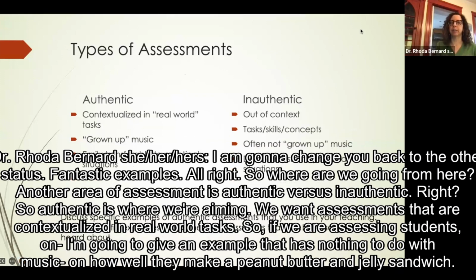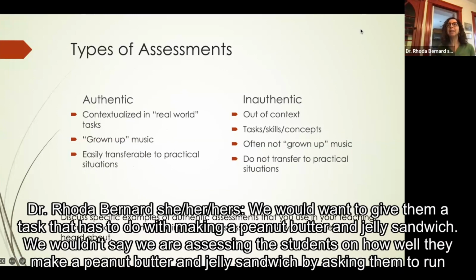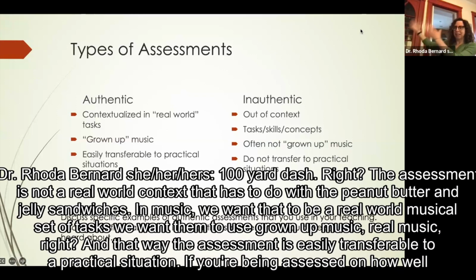Another area of assessment is authentic versus inauthentic, right? So authentic is where we're aiming. We want assessments that are contextualized in real world tasks. So if we are assessing students on, I'm going to give an example that has nothing to do with music, on how well they make a peanut butter and jelly sandwich, we would want to give them a task that has to do with making a peanut butter and jelly sandwich. We wouldn't say we're assessing the student on how well they make a peanut butter and jelly sandwich by asking them to run a 100-yard dash, right? The assessment is not a real world context that has to do with the peanut butter and